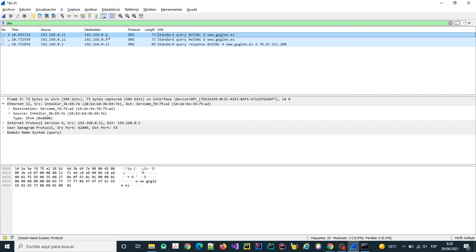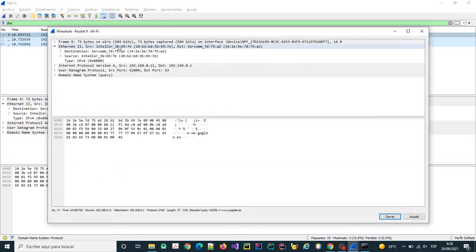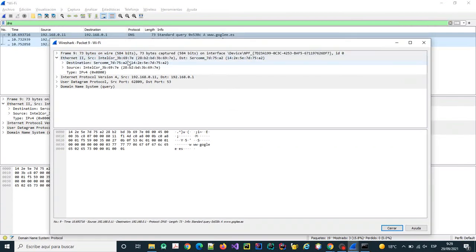If I open this package, you can check that the source is my MAC address, and the destination MAC address is from my router. Remember in the last messages that the destination MAC always is the router MAC address. So here you can check the DNS protocol,